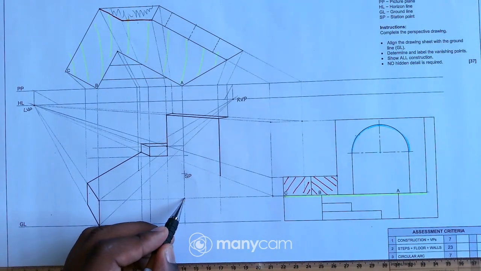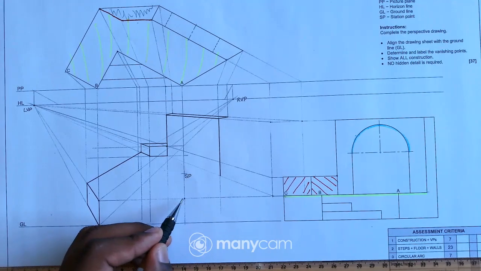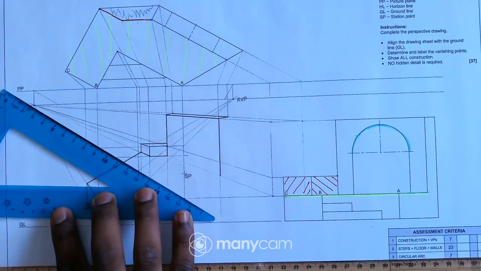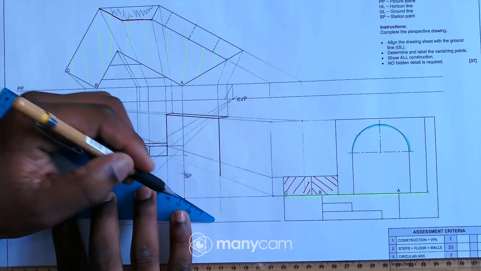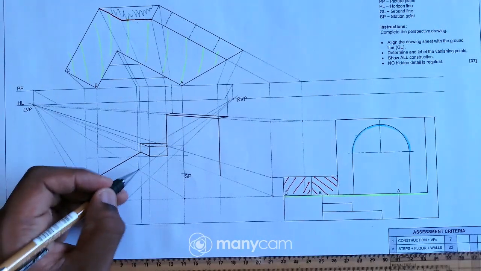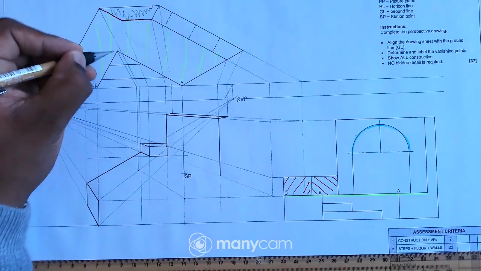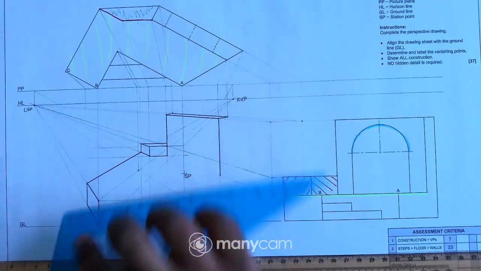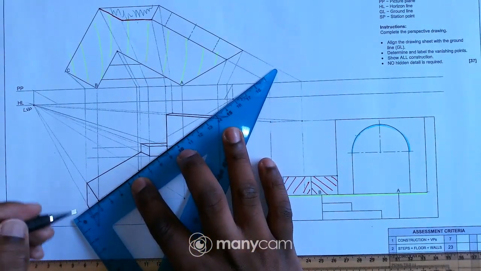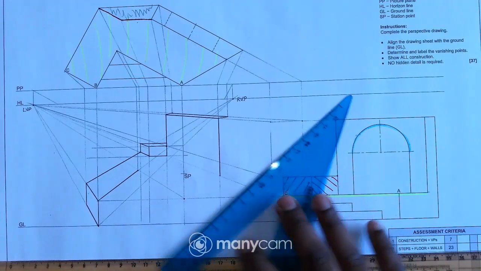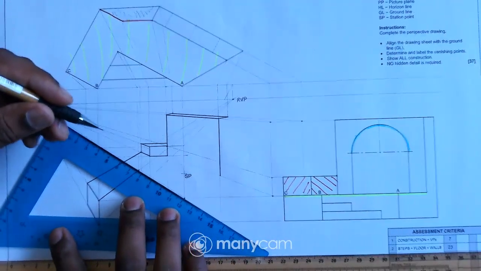Remember I have point A over there. So let me take this point to the LVP, and as you can see, that line passes through that point there, and this point is this one. And I have a V shape there, so I can just connect those points right away, just like that.